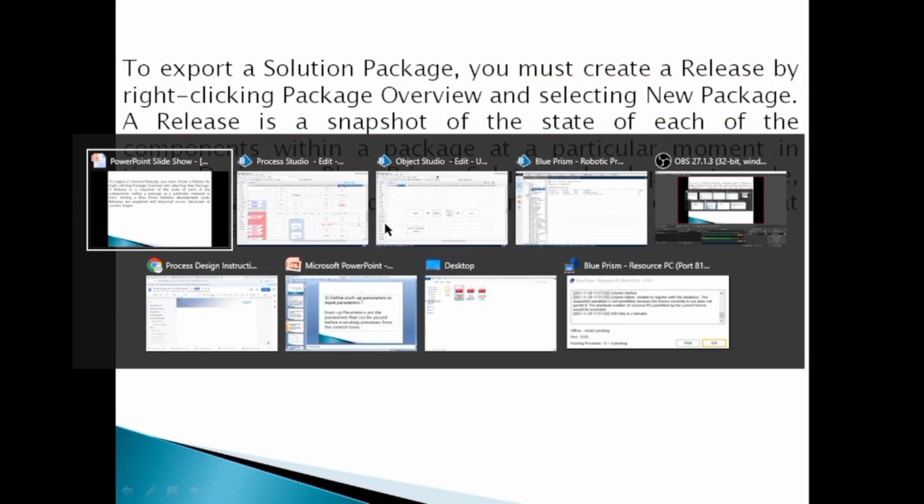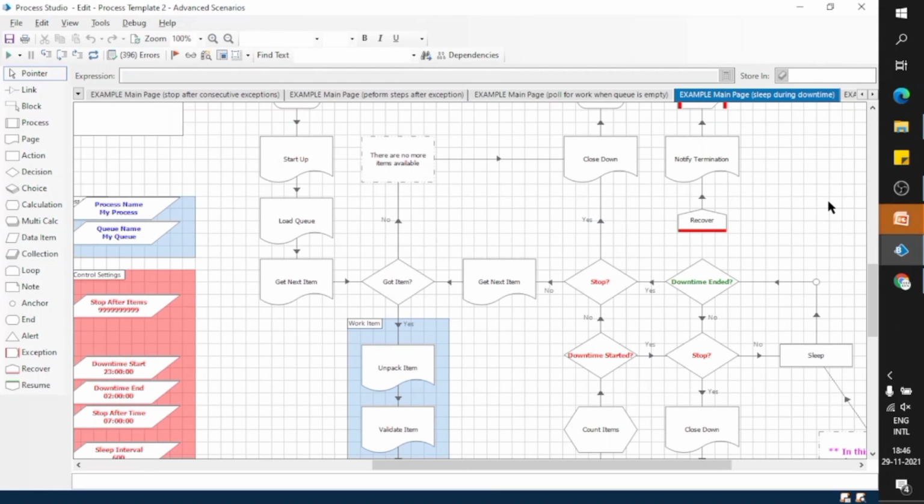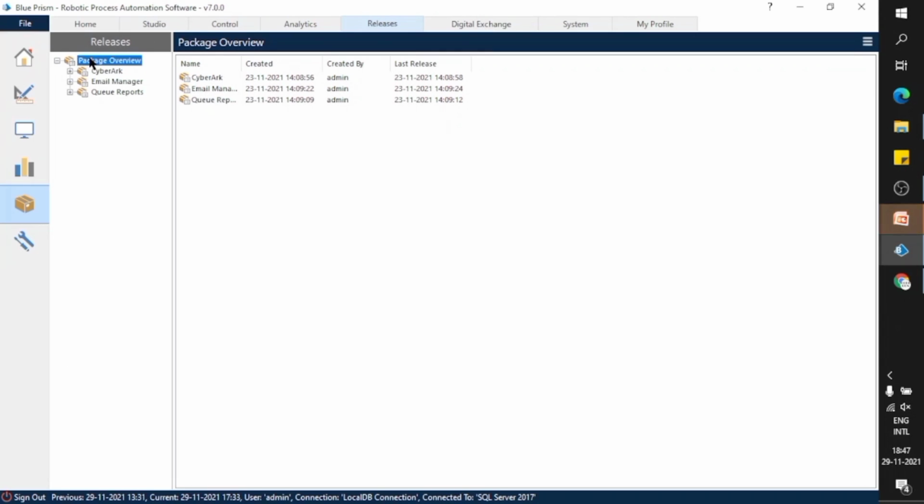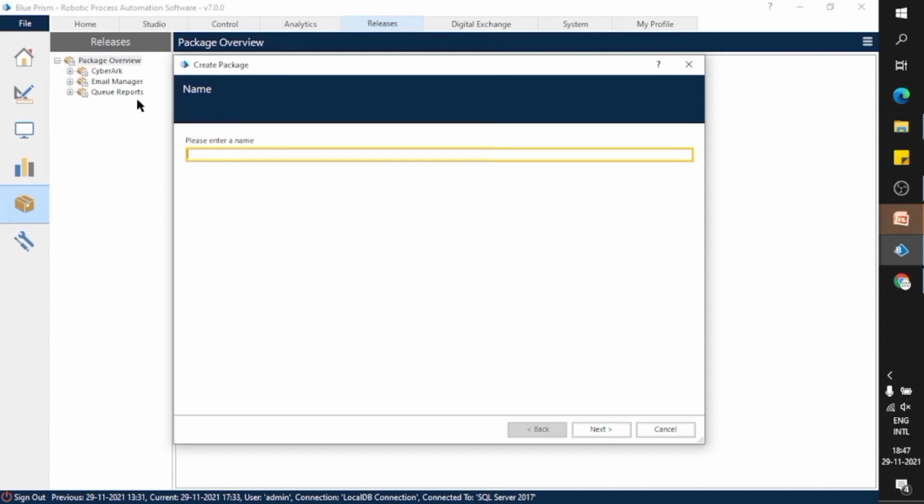Let's create a release file and a package. Open Releases tab, right click, and create a new package. You can give the name of the package and hit next button.